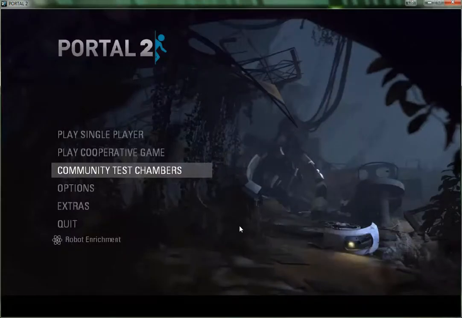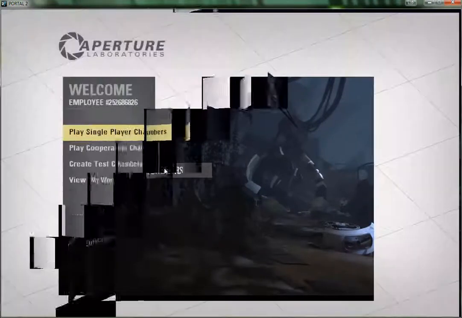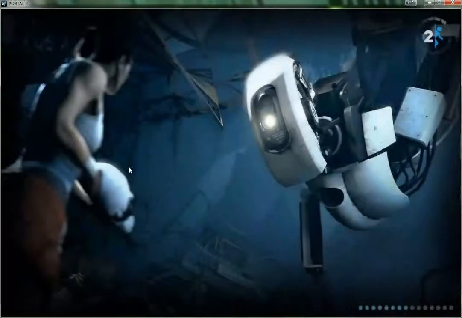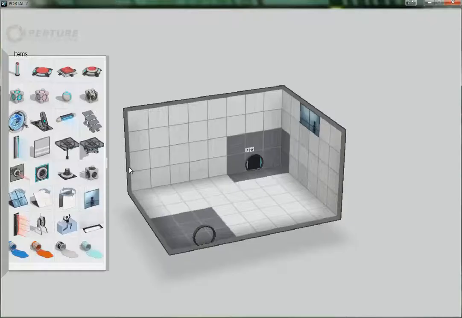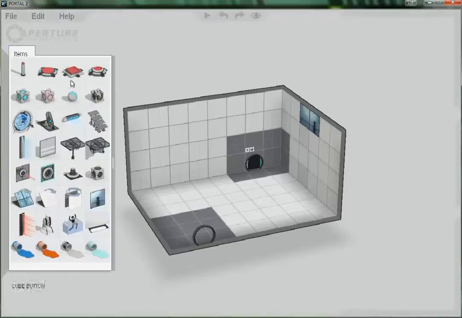Okay, we're inside Portal 2 and ready to make our own test chambers. To do that, let's go to Community Test Chambers, Create Test Chambers, and here we are, a blank, brand new test chamber. If I bring my mouse over to the left-hand part of the screen, you'll see that some things pop up